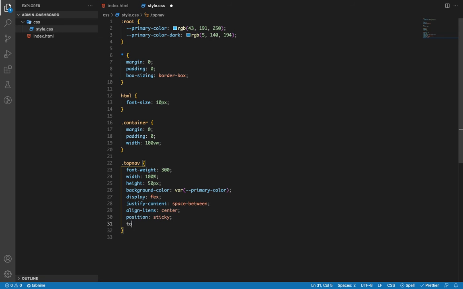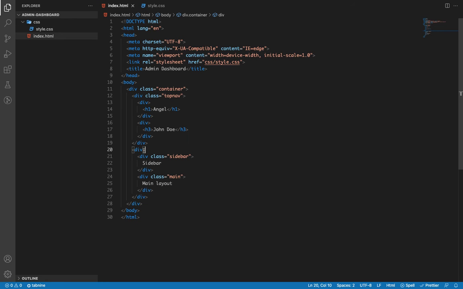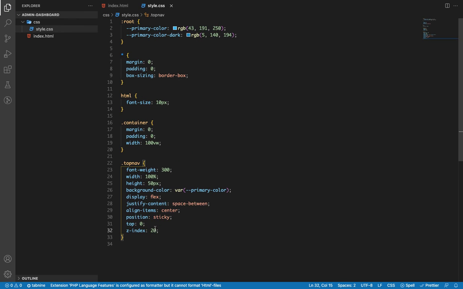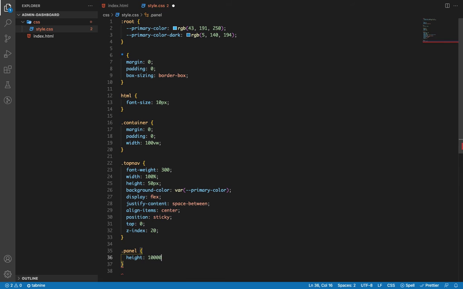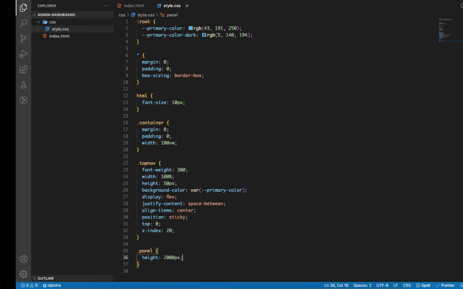So we go to sticky and we set the top to 0, and the z-index, I love to set it to 20, just to give it that higher value. Then I'll come over to this div and give it a class of panel, and target that panel right now and give it a height of some really large number, let's say 2000 pixels. Once we save that,